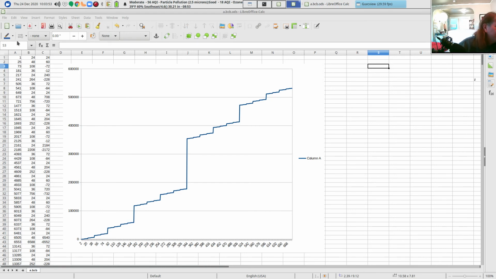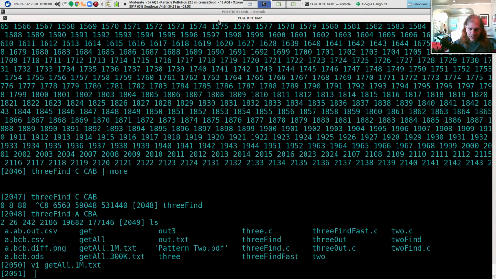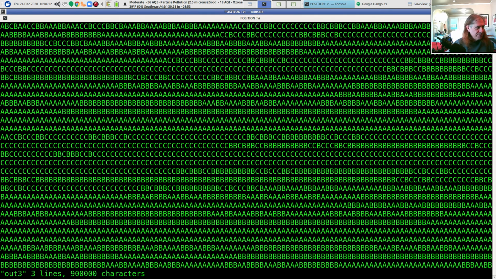So here I plotted out just looking at the string BCB occurring in the main string A. So this is BCB sitting inside A. And I'm looking at the position where each of these occurs. So here's out 3. So BCB, for example, occurs right here. I'm in VI, so I can search for BCB.